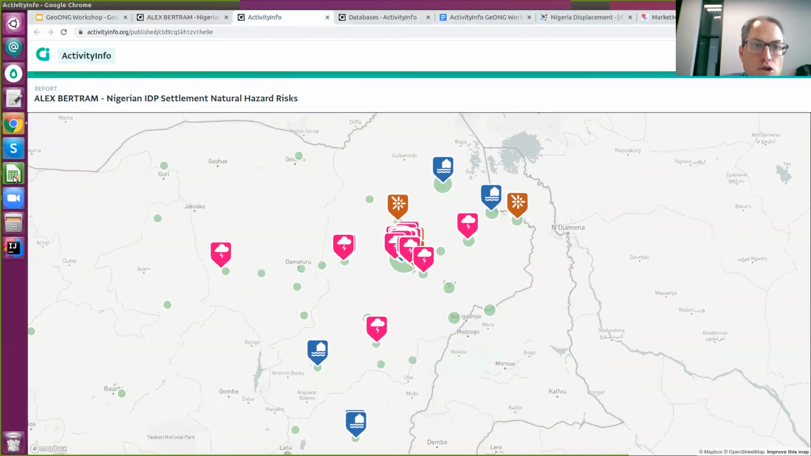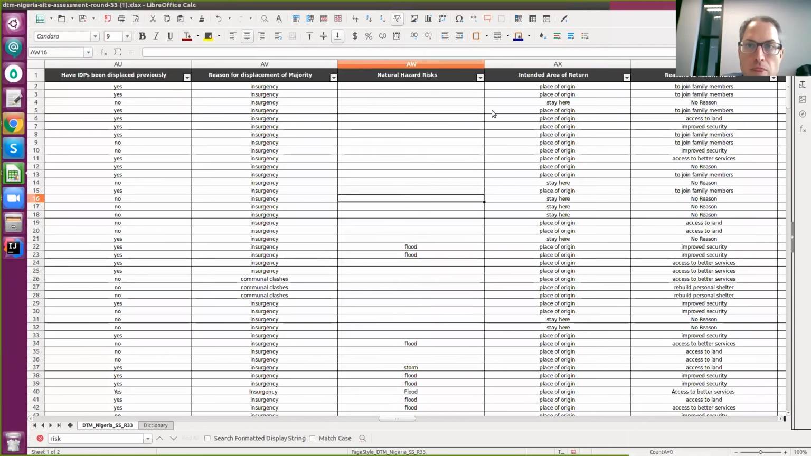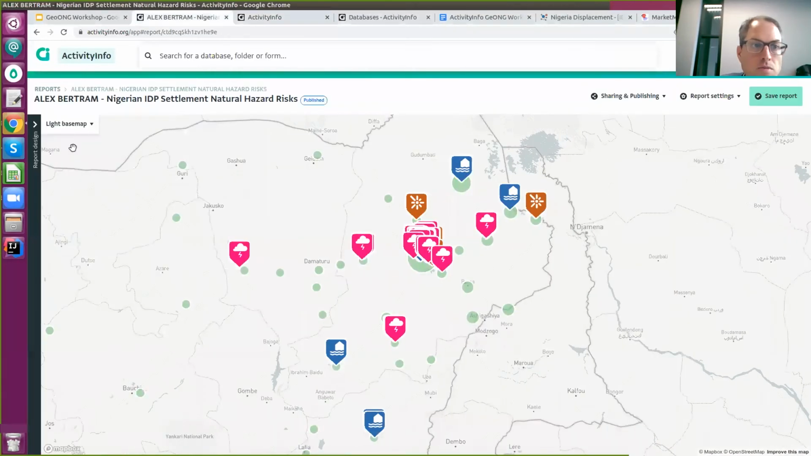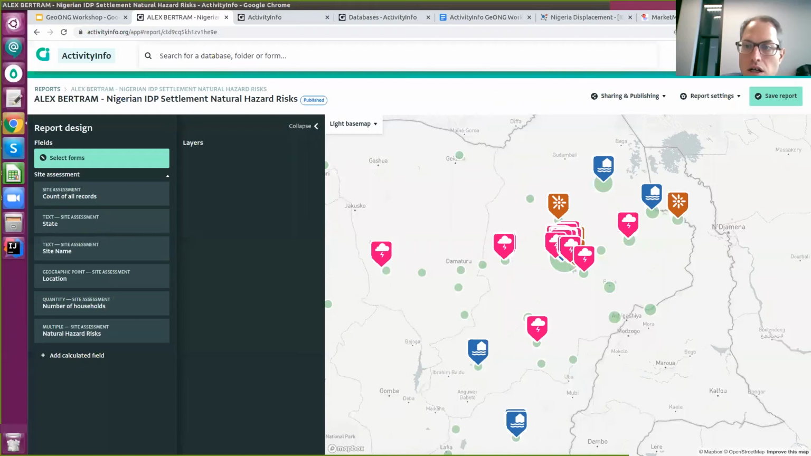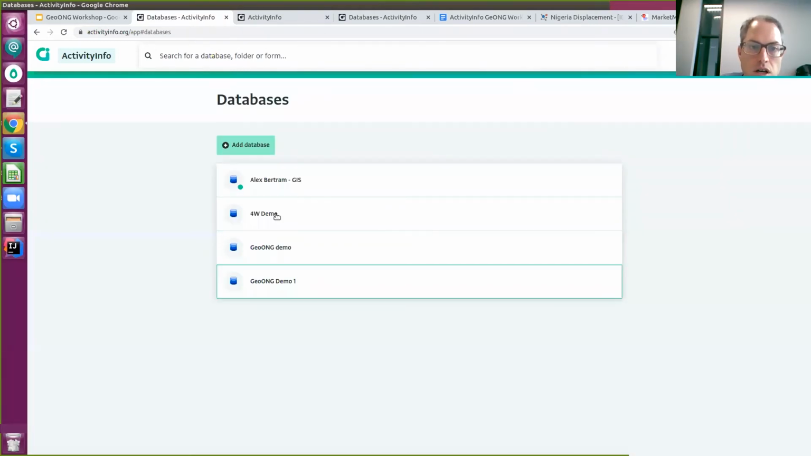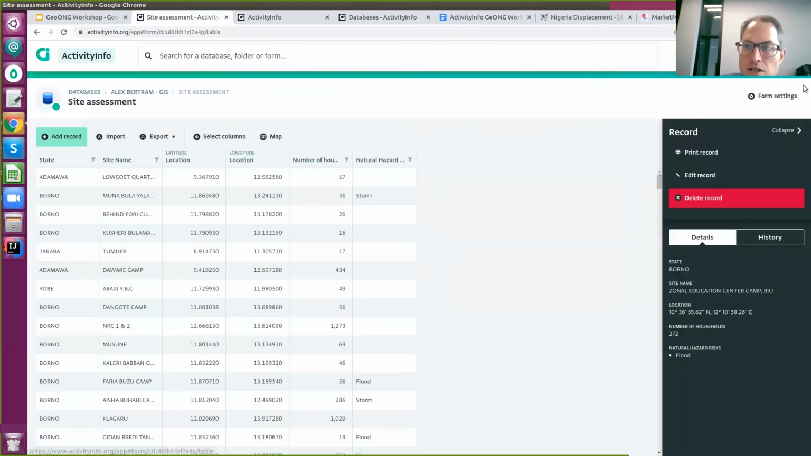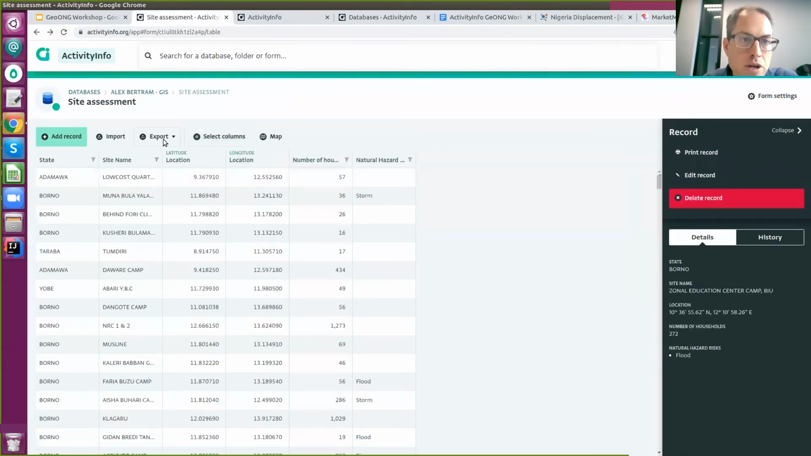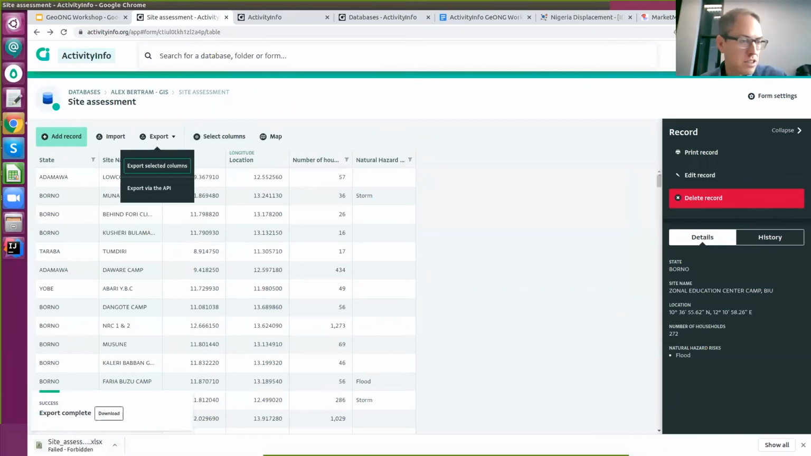So let me just quickly show you. If we go back to this site here, databases, and this site assessment, I made these two fields as key fields, and that means that I can use them to update this data as well. So if I export this data,